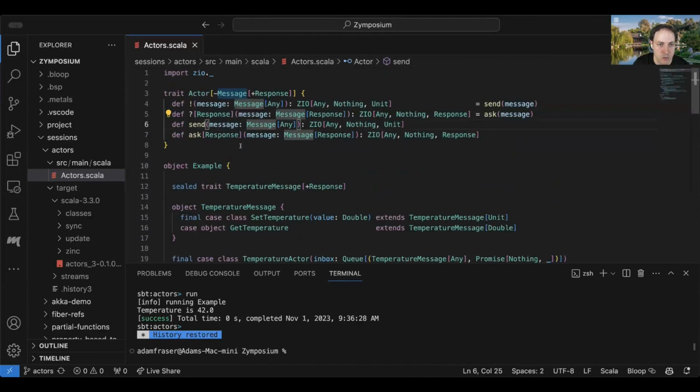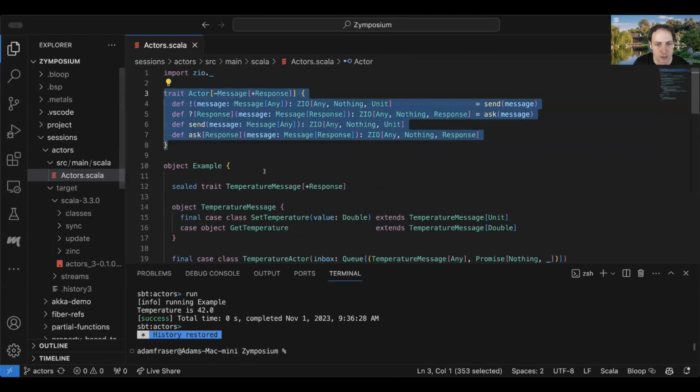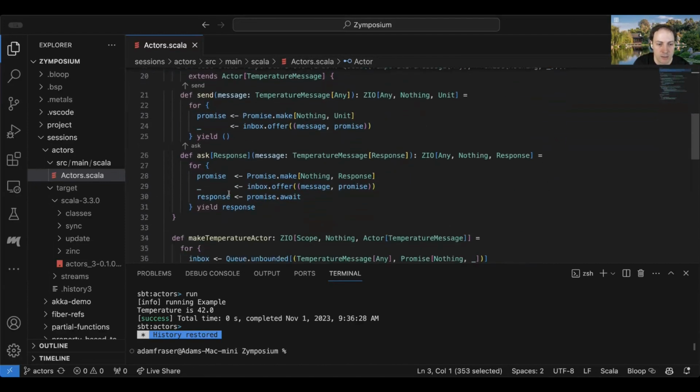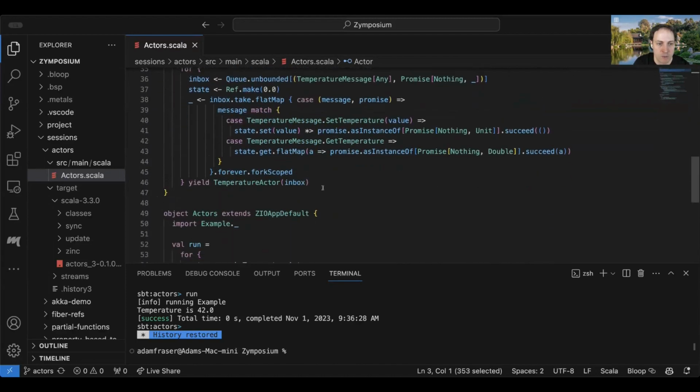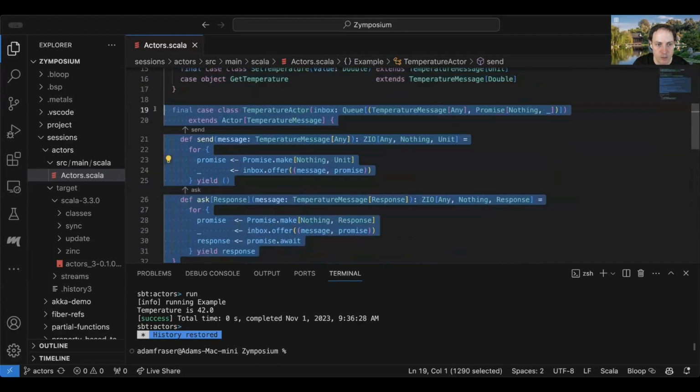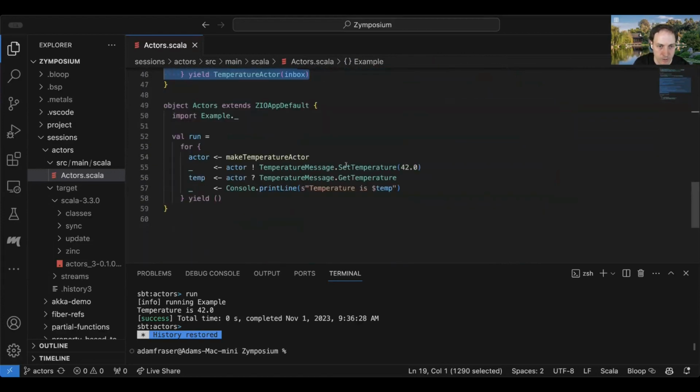And then to flesh this out, we had this example where we created this temperature actor. I think this was good in that we got to explore the problem domain, and we ended up implementing a temperature actor with a very actor-like workflow.